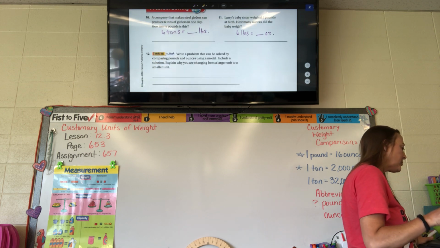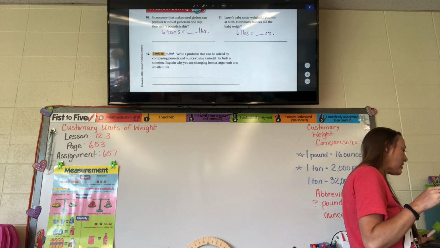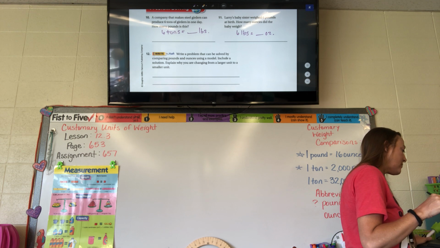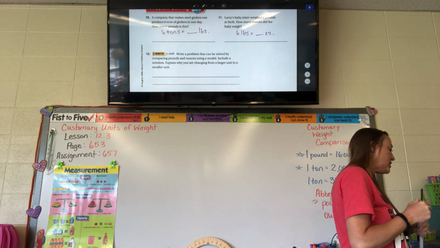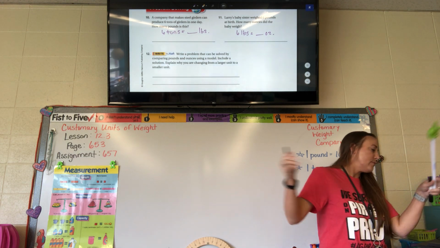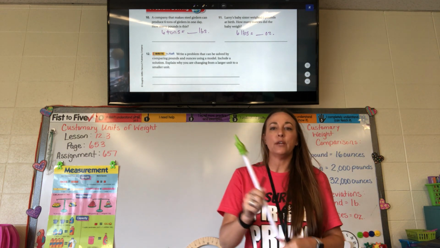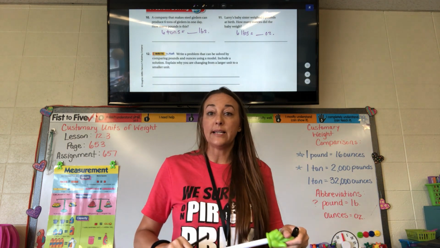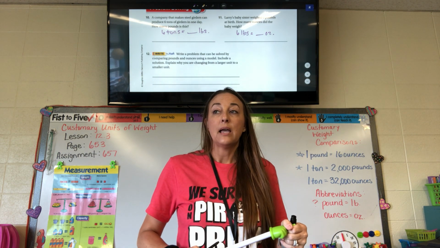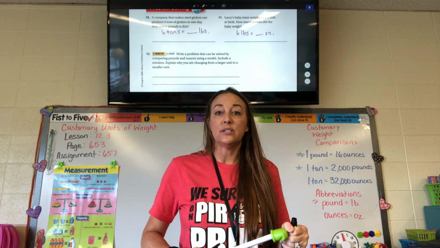And the last one, write a problem that can be solved by comparing pounds and ounces using a model. Include a solution. Explain why you are changing from a larger unit to a smaller unit. So look back through our examples that we've done together. If you have any questions, let me know,